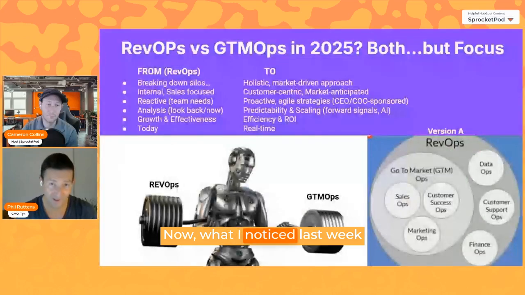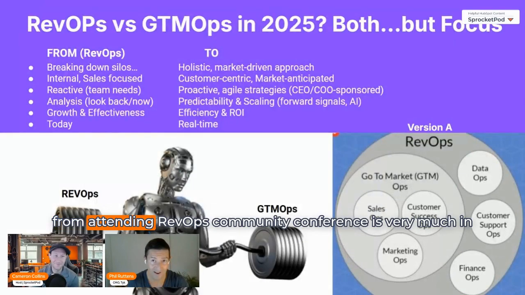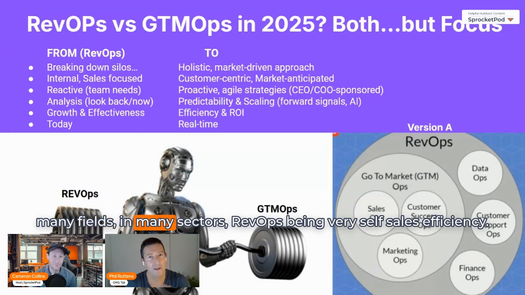So the commercial and the product side. So these four bubbles, if you want, being more aligned, more integrated. For me, that's the fundamental definition and goal of RevOps. Now, what I noticed last week from attending the RevOps community conference is very much in many fields, in many sectors,